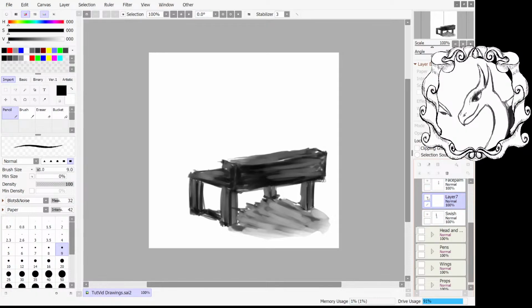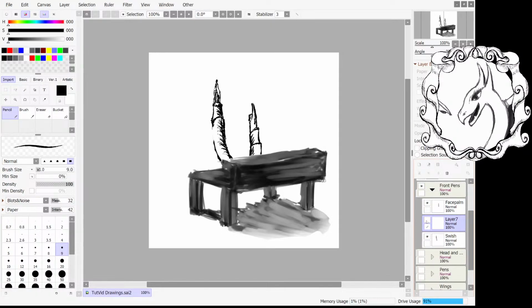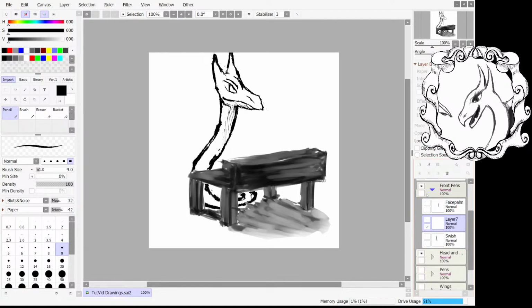What's this for? Oh, I know. Feels like that's there for something, but I'm not sure. Oh yeah, so